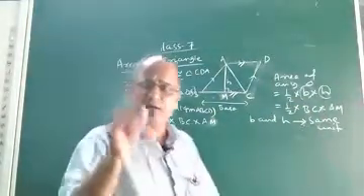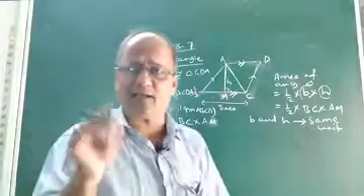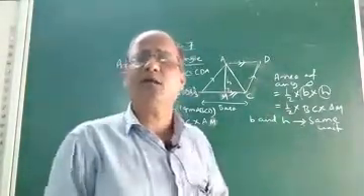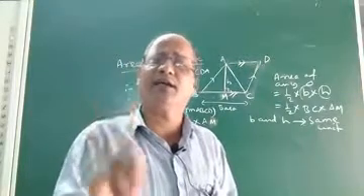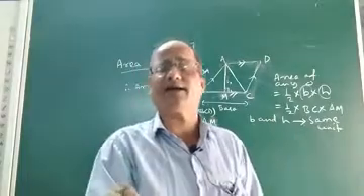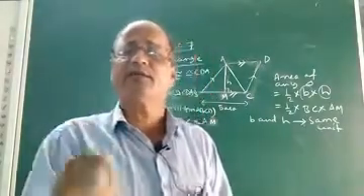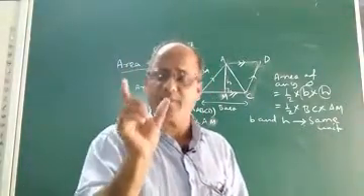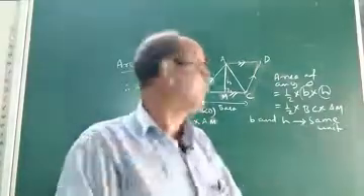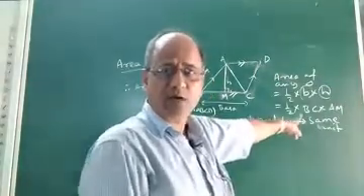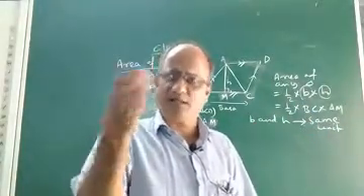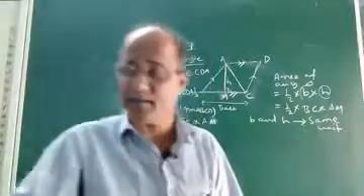In this way, we can prove that the area of any triangle is given by the formula half into base into height. This formula we can use to find the area of any triangle, maybe equilateral, maybe isosceles, maybe right angle triangle. But the condition is that the base and the corresponding altitude of that particular triangle must be given. Then only we will use this formula to find the area of a triangle. Now, another thing I would like to say: how to find the area of a right angle triangle.